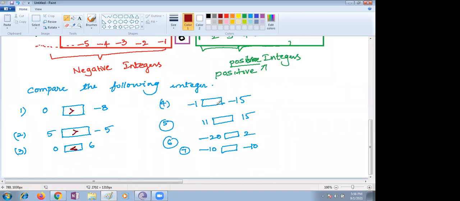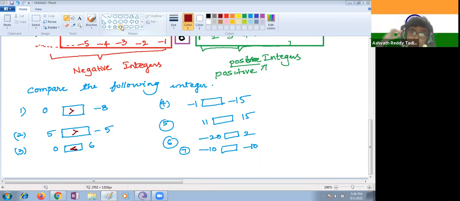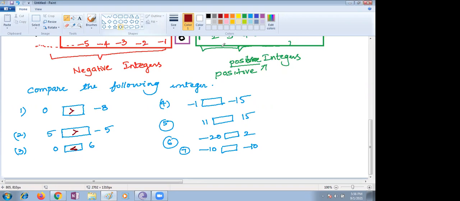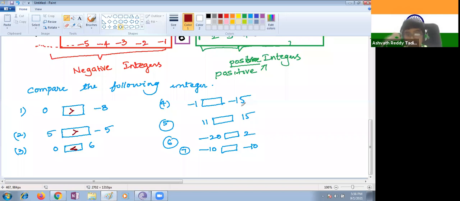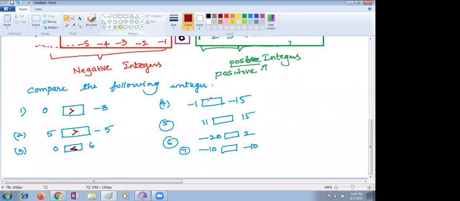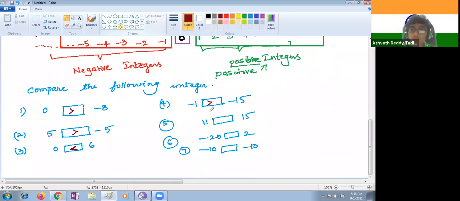I just want to confirm, where is Ashwath Reddy? Yes, ma'am. Ma'am, if we see the number 9, very good, Jaydeep. Ma'am, minus 1 is greater. Very good. Can you give the reason? Ma'am, because if you see on the number line, minus 15 will be low. Ma'am, the left side,